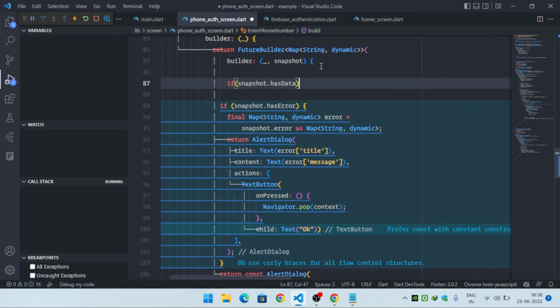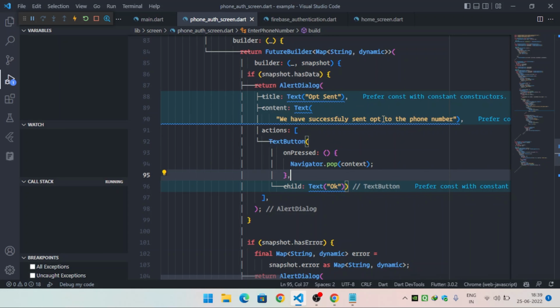So we have successfully sent OTP to the phone number. Okay, successfully. So we have successfully sent OTP to the phone number,